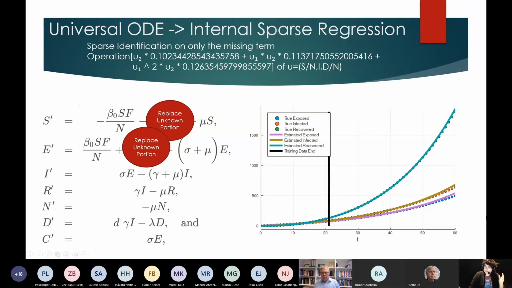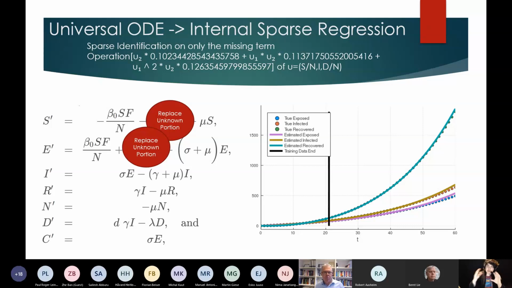And the other thing here is that you see that it fixes our extrapolation problem because it's actually learned a fairly correct model of the process. And so even though we only train this from 0 to 21 days, we put a neural network on there, we find what the missing mechanistic terms are, we extrapolate out to 60 days, and you're able to see that it works fairly well. Right? It's not perfect, but it's very good.